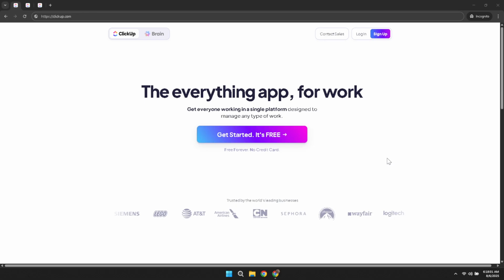First things first, we need to head over to the Clickup website. Open your preferred web browser and type in the URL, clickup.com. This will take you to the main homepage. If you're already familiar with Clickup, you might remember some of this, but bear with me as I guide you